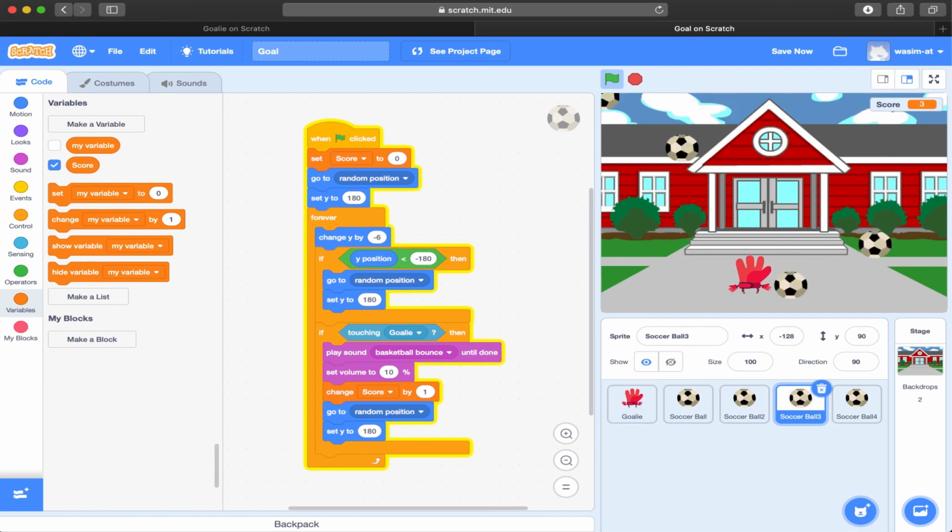So what we have done over here in this session is we have created the score, the interaction between the goalie and the ball. We have seen how to come up with the score, we have seen how to reset the score, and we have seen how a simple interaction can be created. So now if you click, see this? And now you can play this game. In the coming session, what we are gonna see is gonna